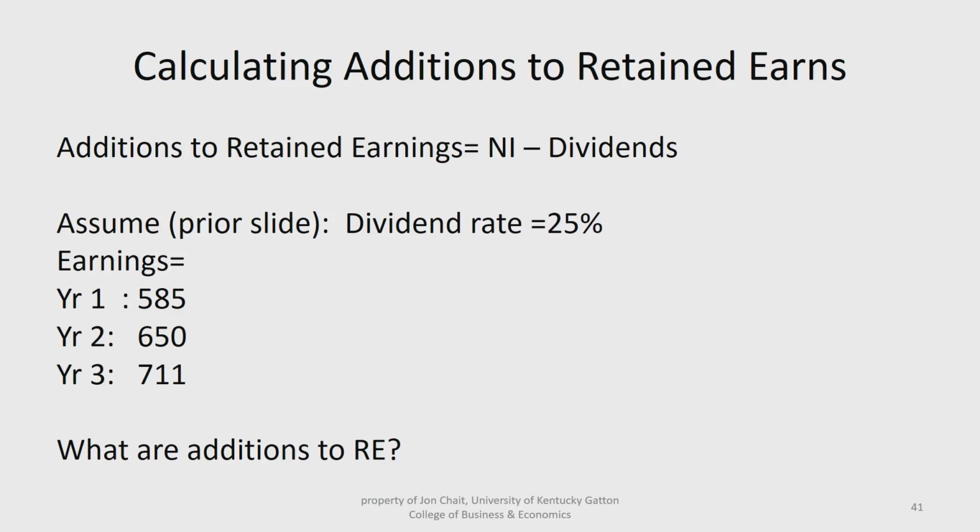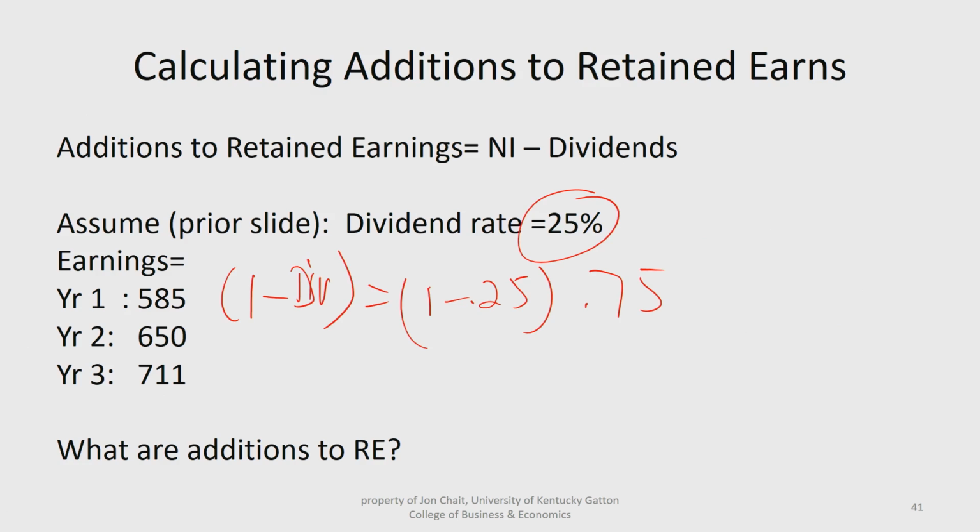Oh, I'm sorry, I have the dividend rate right here. So the dividend rate is 25%. Year one, we have 585. The retained earnings are 1 minus the dividend rate, which is 1 minus 0.25, which is 0.75, times 585,